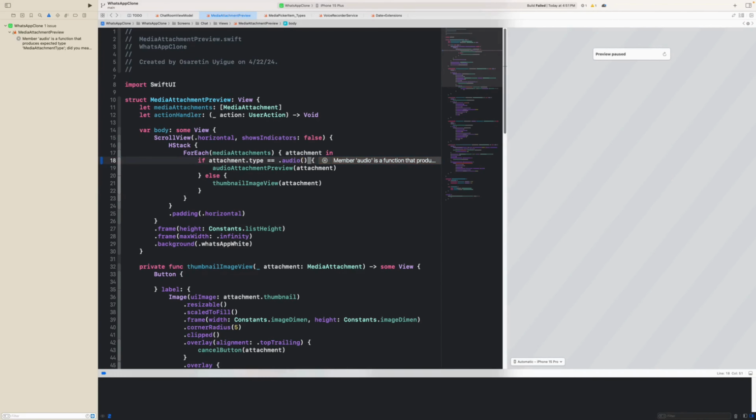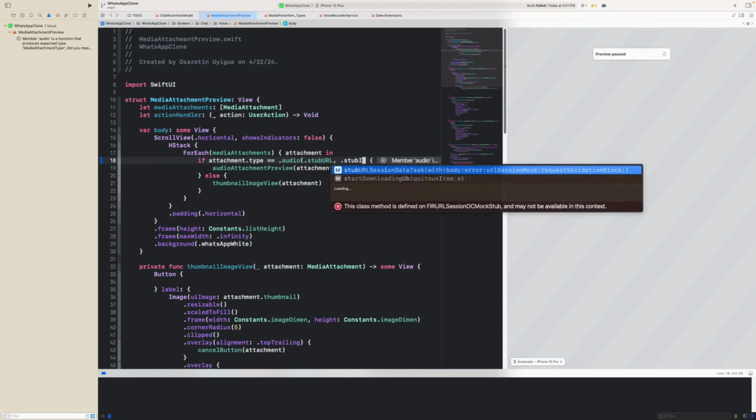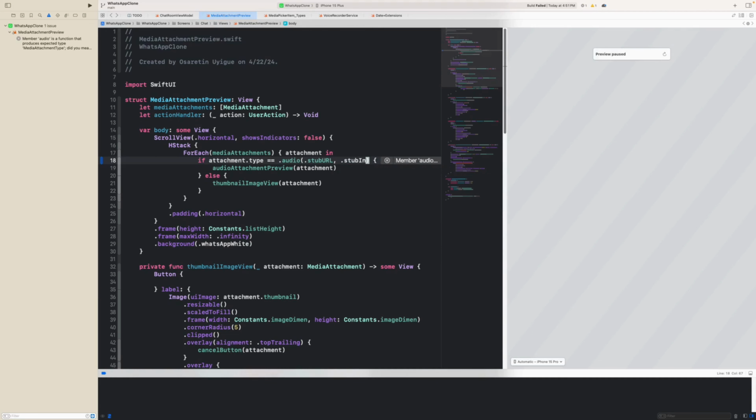So let's see. What I want us to really do is I want something like stub URL. I think we have a stub URL. Perfect. And I would like for us to do something like stub interval as well. Let me see. Can we do something like that? Stub time interval. We don't have something like that right now, or we could just go right ahead and add